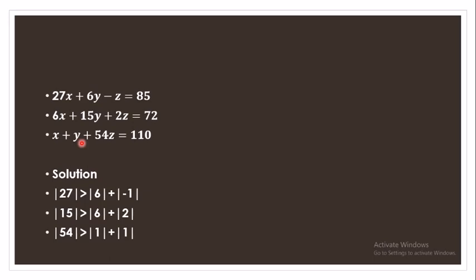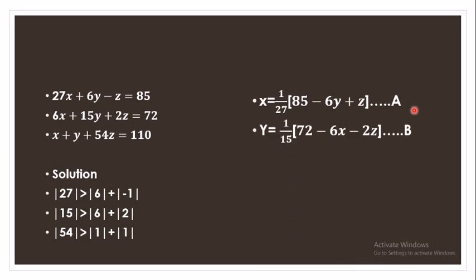Now what I'm going to do is solve for x, y and z. From the first system of equations, I will get what is x, from the second I will get what is y, and from the third I will get what is z. So let's see how I have arranged it. I kept the x over here and took all the other elements to the right side, and I marked it as equation A. Then similarly y and z. So these are my equations A, B and C.